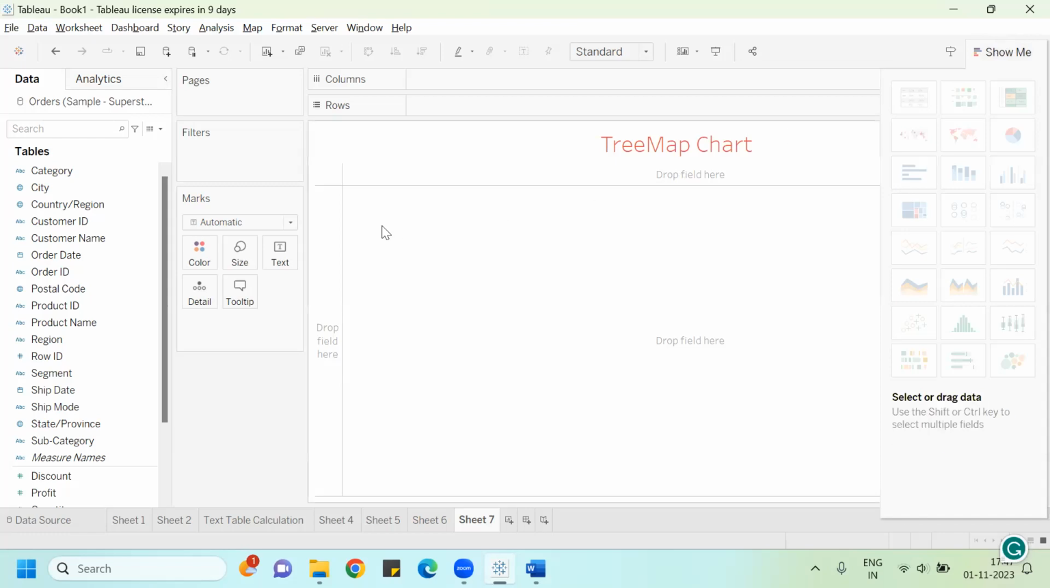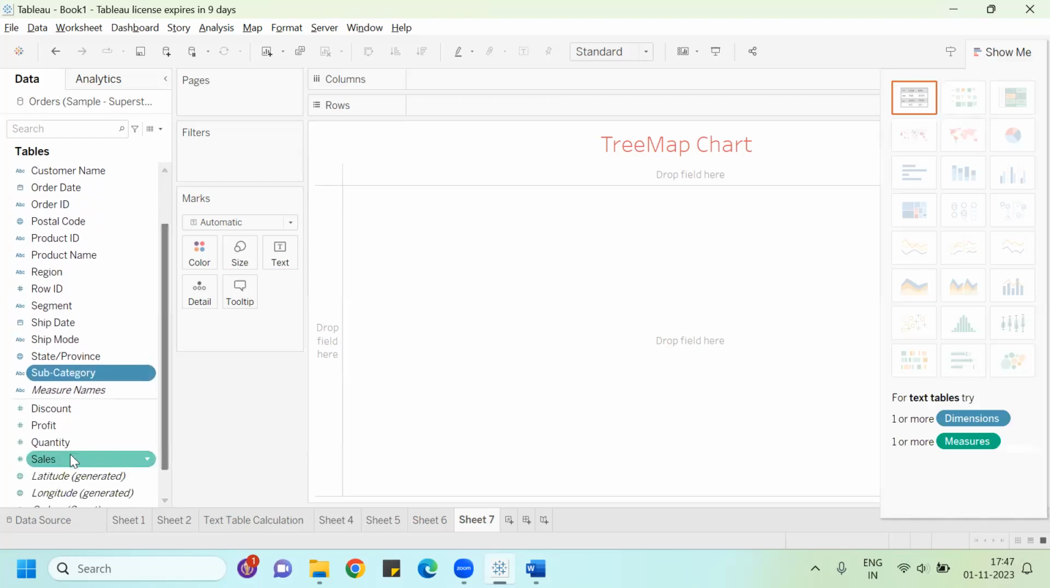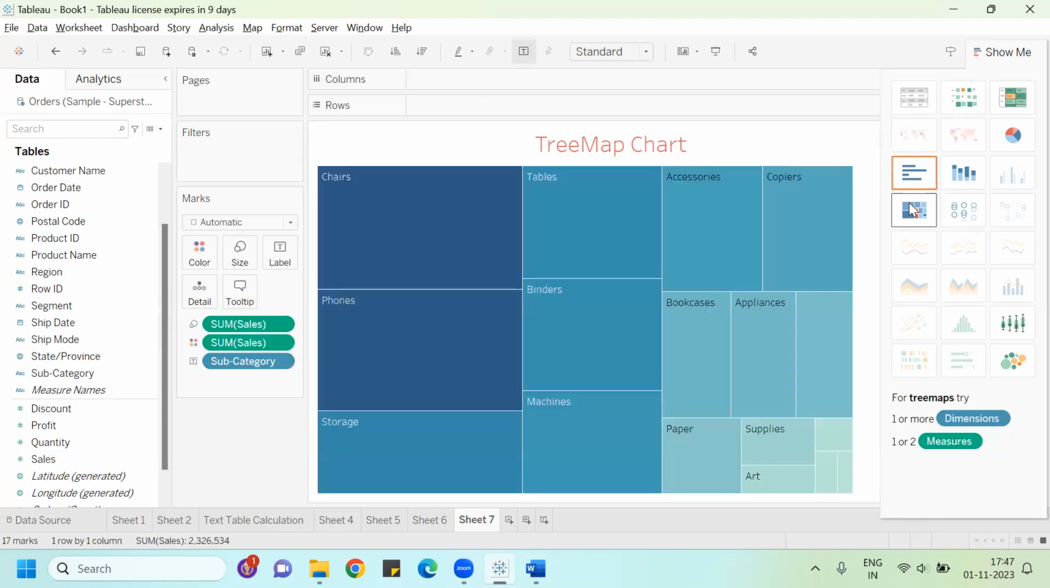So what I'll do, you can select anything. I just selected subcategory. And then I selected profit or sales, anything, doesn't matter. Then you see something called tree map. This is the tree map. So just click there. Yeah. So now you can see